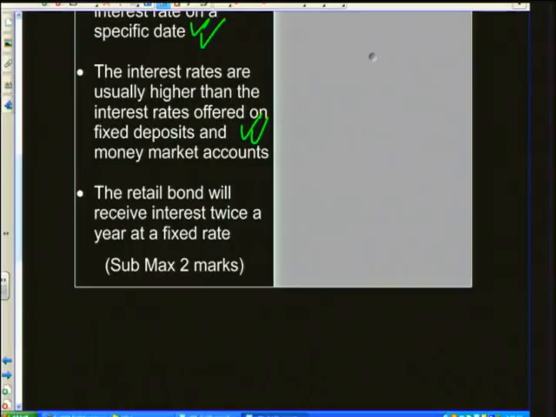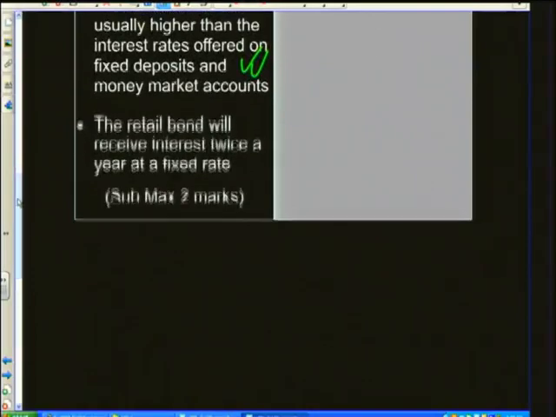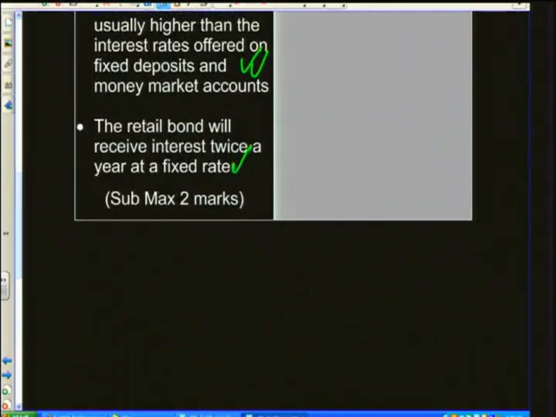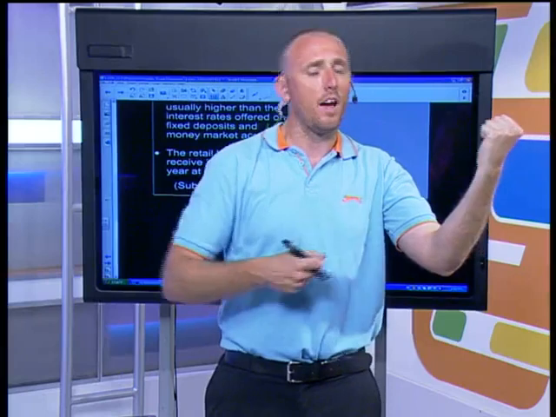Okay. And then the retail bond will receive interest twice a year at a fixed rate, right? So you cannot change that interest. Now, remember, the thing about a government retail bond is that it's one of the safest ways to invest your money, right? Countries aren't all of a sudden going to go bankrupt overnight, so you will always make sure that you'll get your money out. But remember, there is a risk and reward ratio that goes into that, right? The higher the risk, the higher the reward you're looking for, right? If something's low risk, you're not going to get a very high reward. But we're going to touch on that later when we get to the essay question.